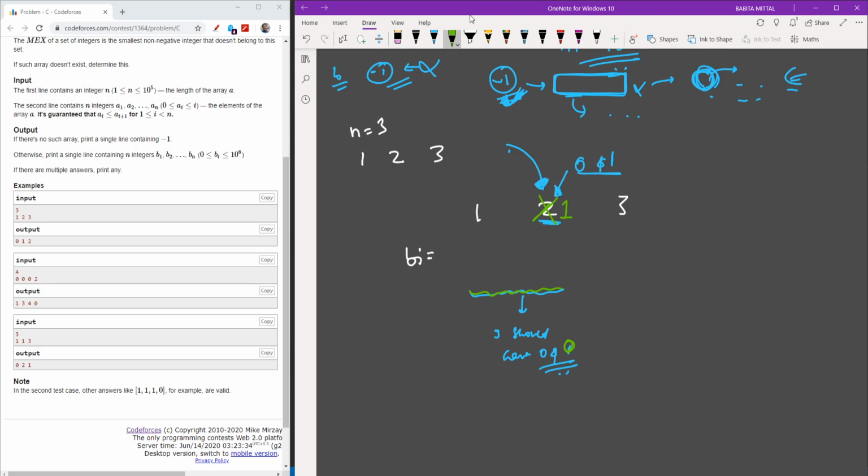So if here I have 0, let's write here 0, if you want up till here it should be 0. Now what to write next, you will be confused. For that, let's go back. Now if you have 3, you are sure that up till here you need 0, 1 and 2. Okay, very fine.